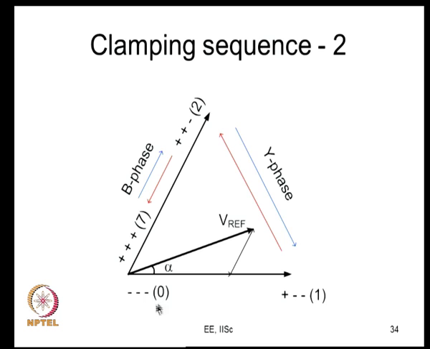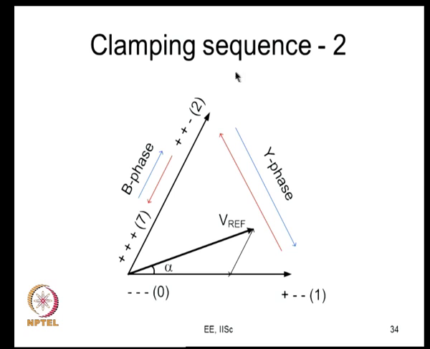Let us say you start from your active vector 1, apply this for T1 seconds, switch your Y phase and move here. Apply this vector for T2 seconds, then switch your B phase and move here, stay here for Tz seconds. Your subcycle is complete, you have produced this reference vector. In the next subcycle, you will have to produce another reference vector which will be close to this and different by a certain angle. So, what do you do? You start from this zero vector, stay here for Tz seconds, switch your B phase, come to T2, switch your Y phase and come to 1 and stay here for T1 seconds.